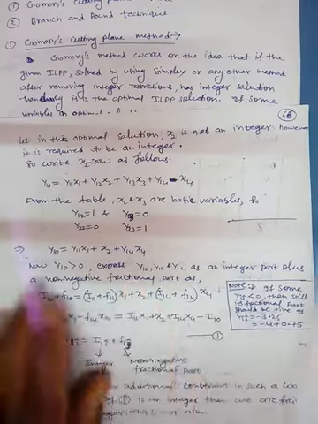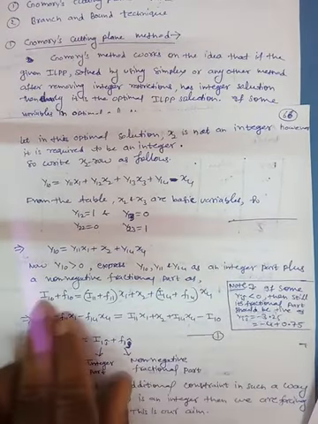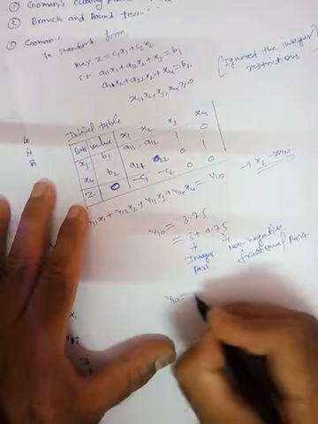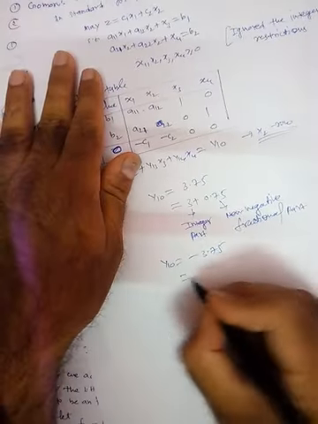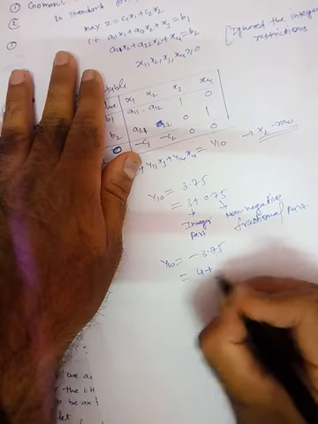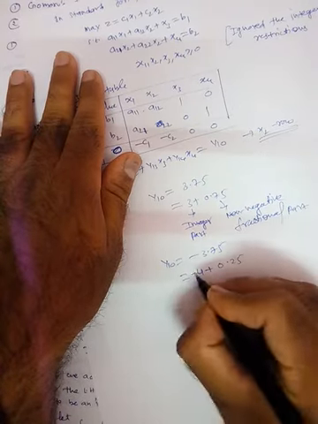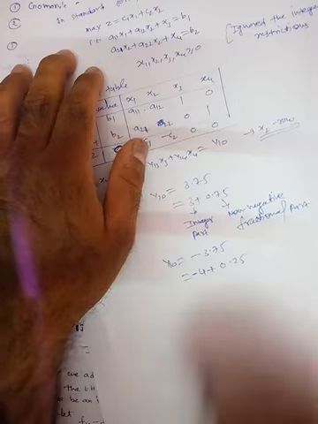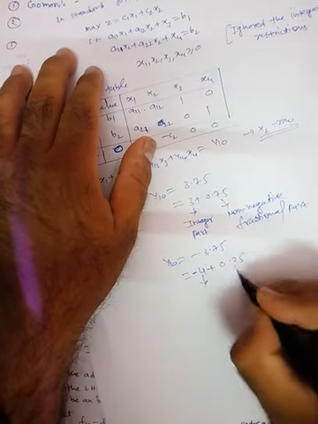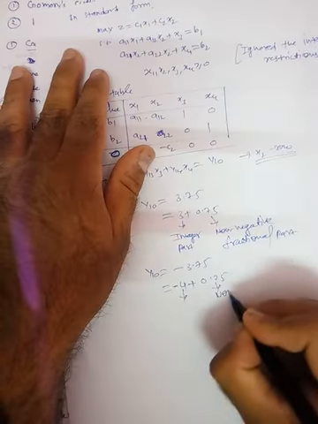Fine. So here it is written as integer part plus non-negative fractional part. But suppose y10 is, say, minus 3.75. So how to deal with this problem? This can be written as minus 4 plus 0.25. So this is the integer part and this is the fractional part. Non-negative